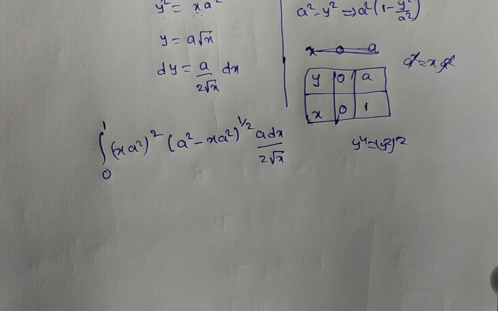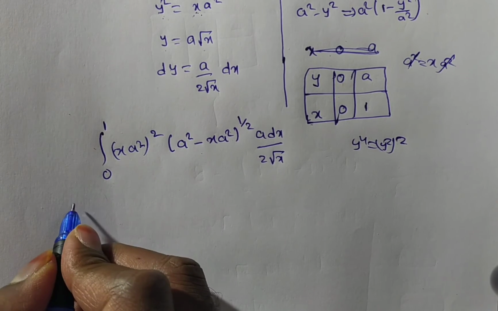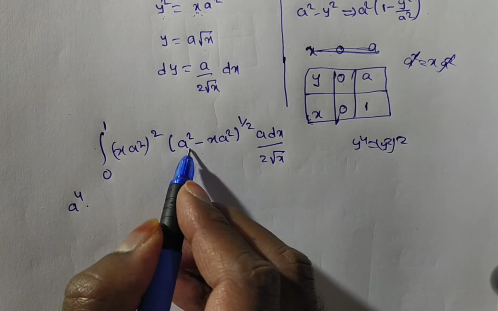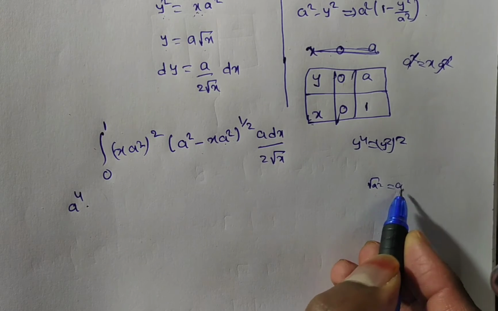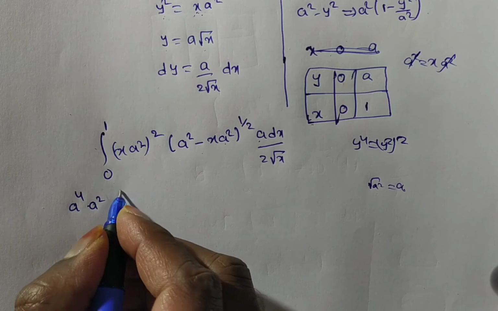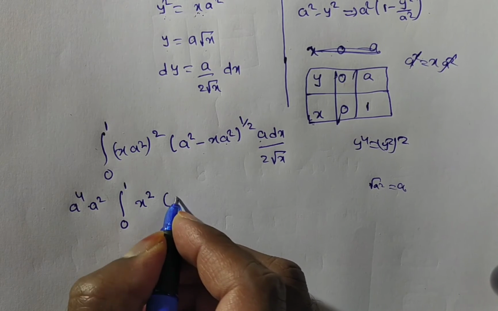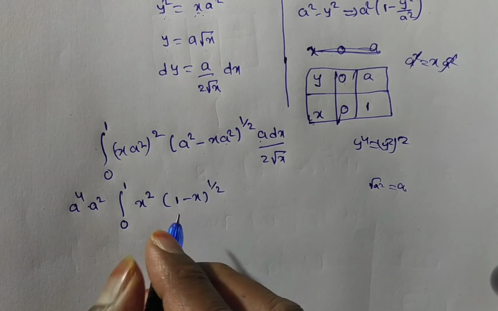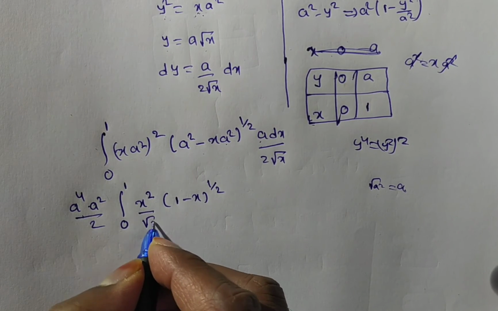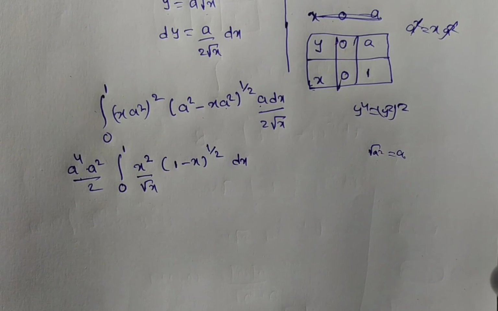For this purpose, take the constants outside. Then in this case you have a square whole square, a to the power of 4. A power 4, and a square if you take outside, the square root of a square is a. And also you have a, a into a square. Okay, I'll write it later, I can multiply. Now you see 0 to 1, this is x square, here 1 minus x power 1 by 2, and you have a by 2 also, the 2 you write outside, divided by root x into dx. Is it like beta of m comma n directly? No, indirectly. We have to simplify more.